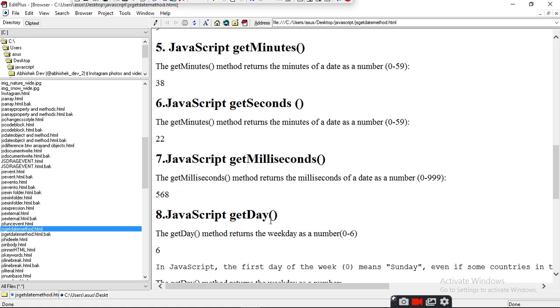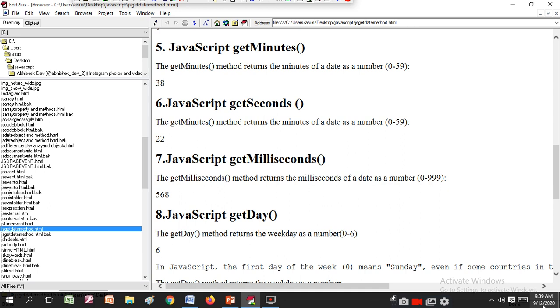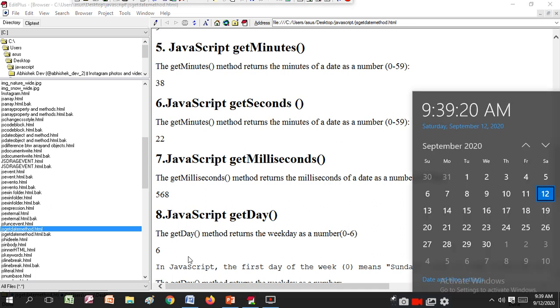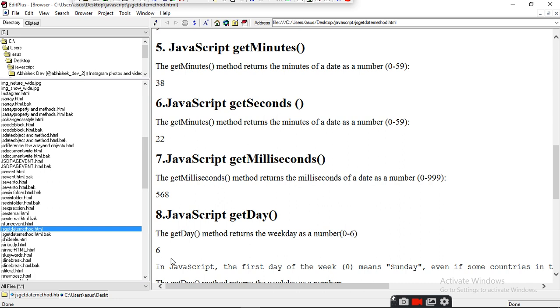Then JavaScript getDay. Today is 6 because it counts Sunday from 0, but my time is late. My clock is one day back. Today is 13 and it is giving Saturday, so it gives 6 though Sunday is 0.